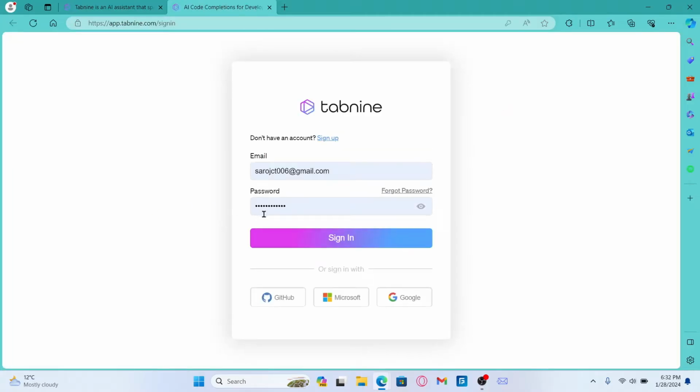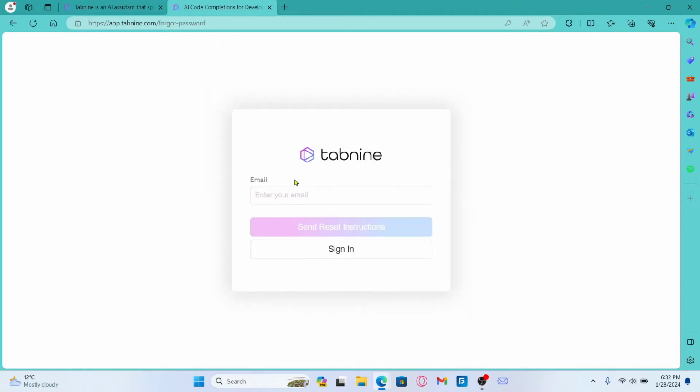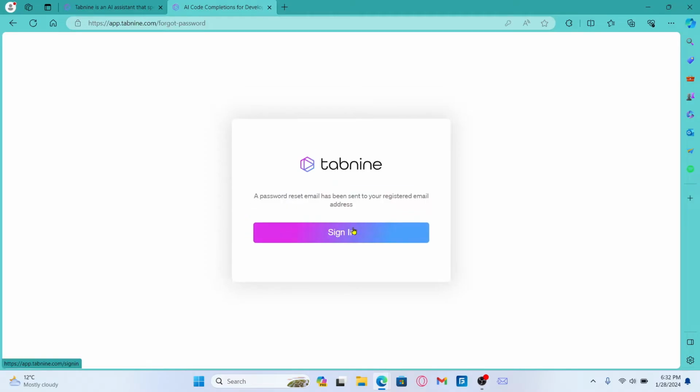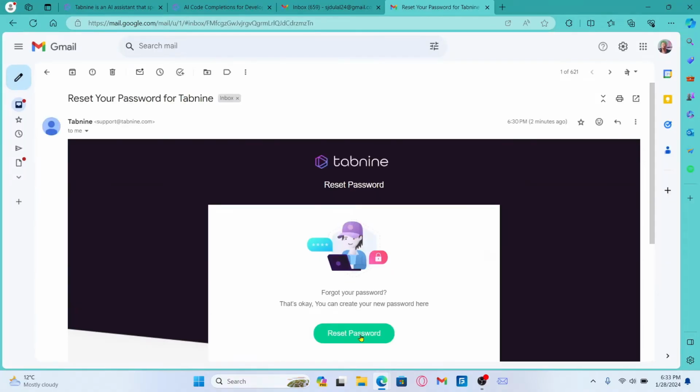Now from the login portal, in order to reset your password, click on forgot password. Then you will be asked to enter your email address. Just type in the email address that you used to sign up for your account and click on send reset instructions. Once you click on this button, you will be asked to check your inbox. So check your inbox and you will find an email from Tabnine. Just open up this email and click on reset password, and now you will be allowed to reset your password